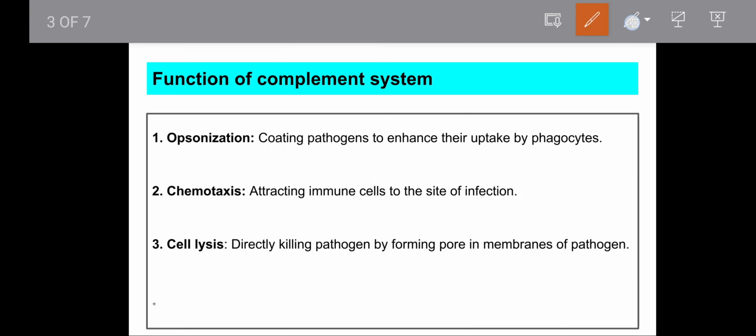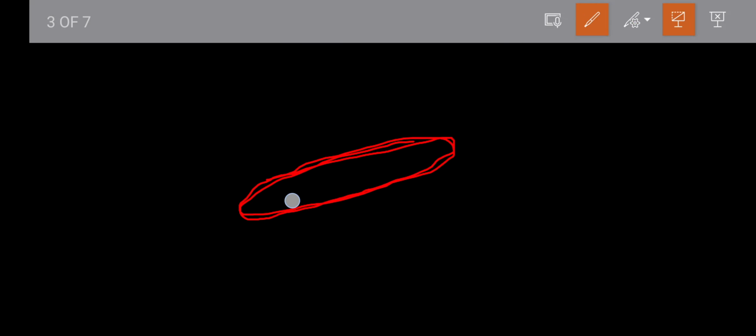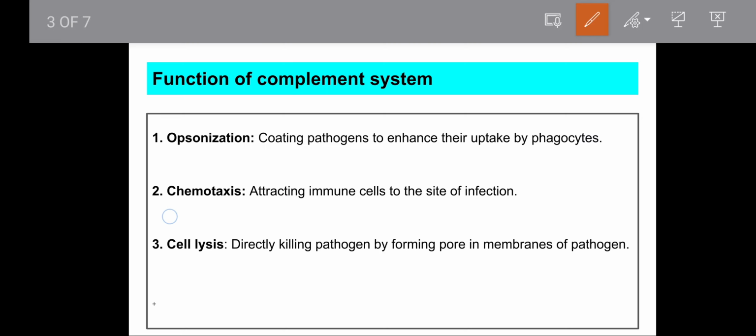Let's suppose this is a pathogen. What complement proteins will do is coat this pathogen, and this coating will increase the appetite of the macrophage, and the macrophage can easily engulf this pathogen. This is called opsonization. So the next thing is